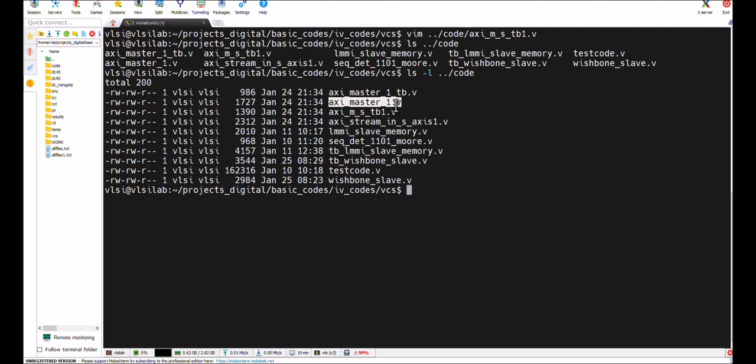We start with the master and then the master test bench. Then we will start with the master to slave streaming test bench. For that we need an AXI stream slave. So we start with the master first. I will show the content of this code. It is very simple. Just vim code AXI master